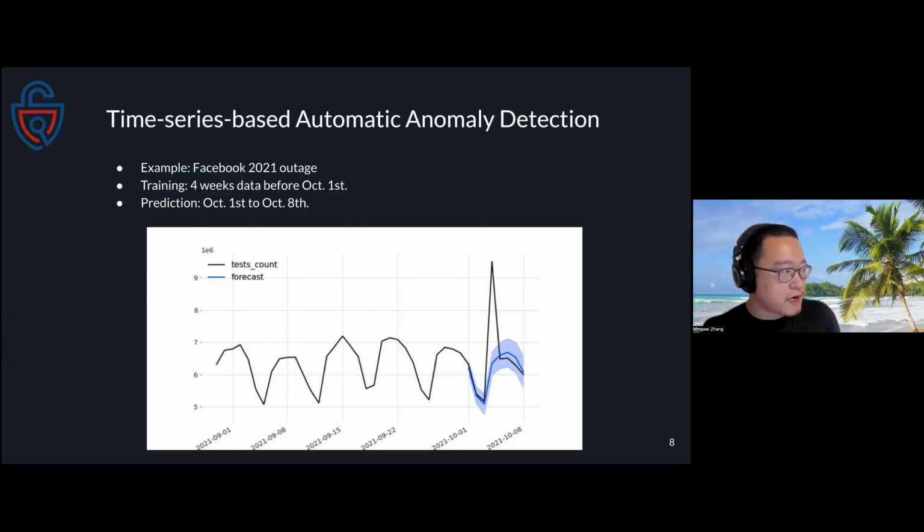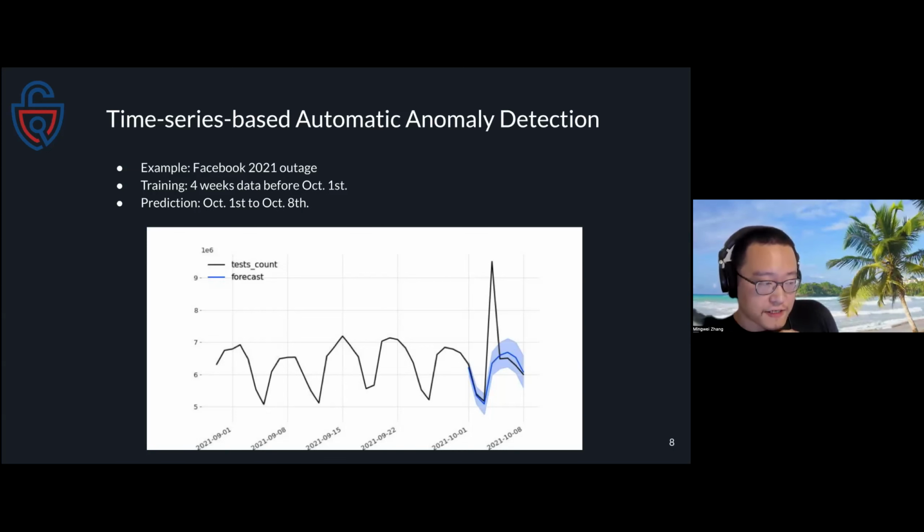From the graph, you can see that the blue line is the average predicted value over time for that week, and the blue range is, I think, the 95% and 5% range of those predicted data points.